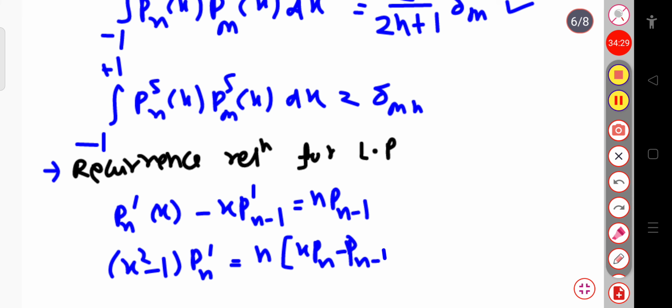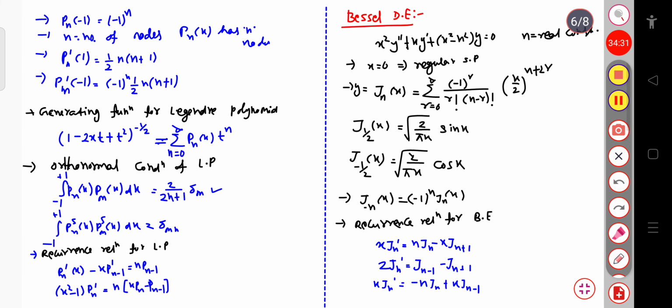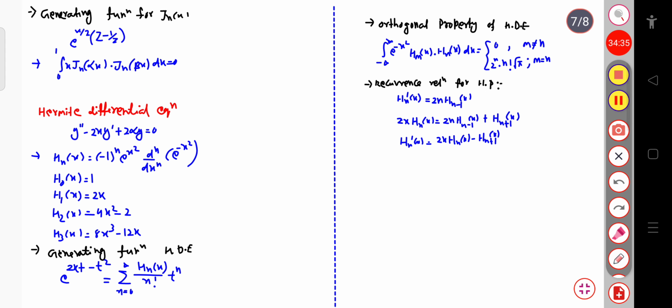And after that we have also discussed the Bessel differential equation, and also here we have already discussed the Hermite differential equation. Since Lagrange is not in your syllabus, particularly for the state selection board exam, SSB exam, so up to this much we have only discussed the formulas. And in the next lecture we will discuss some important MCQs related to this function.